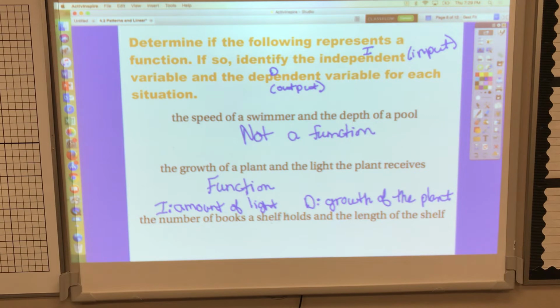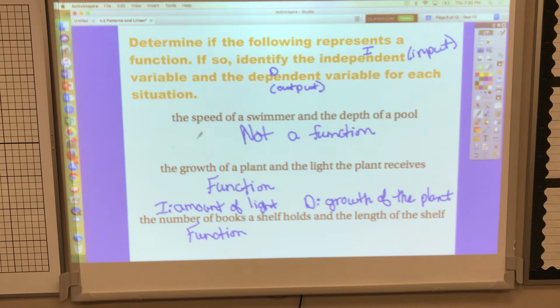The number of books on a shelf and the length of a shelf. Now we should think the number of books and the length, depending on how you interpret this problem. But in general, the longer the shelf, the more books it can hold. So this could also be a function. And you could argue that it depends on the size of the books, and yes, that's true, but we're going to think about it as a function if all our books are the same